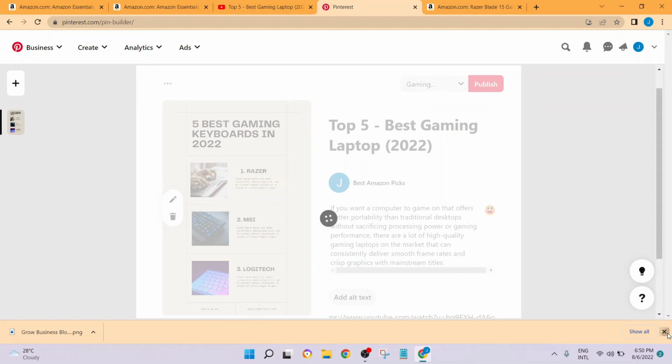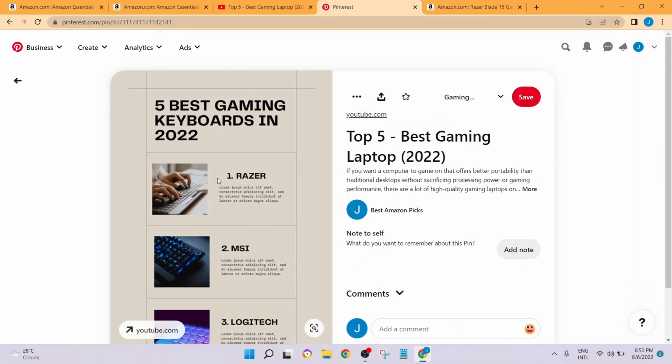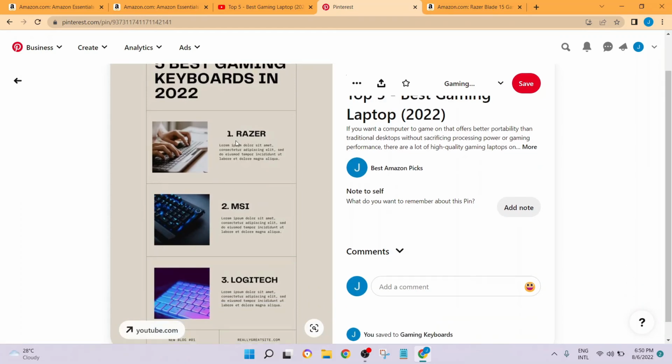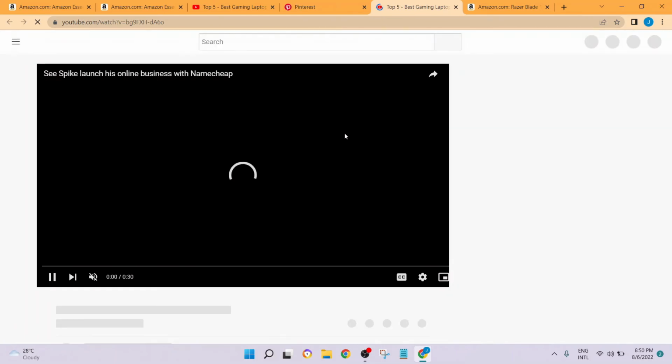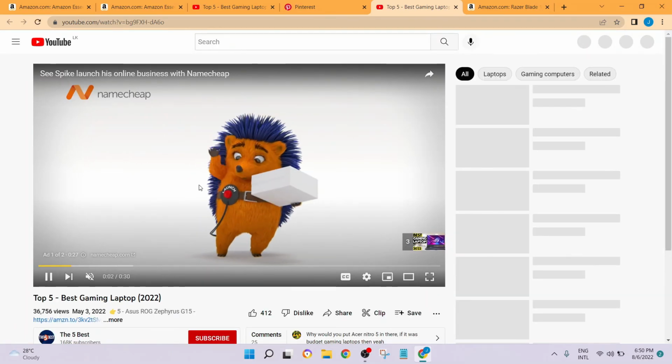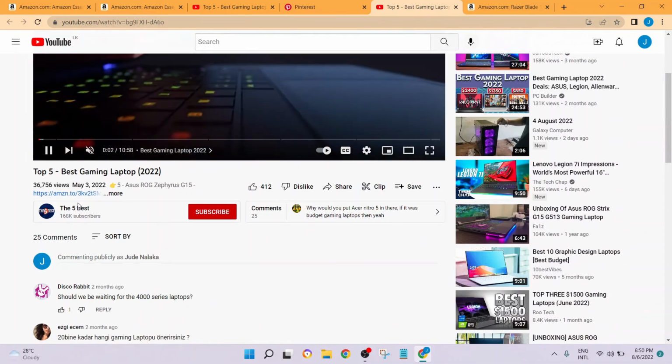After it gets published, okay, now you can see the pin that you have created. Okay, there is your pin. So imagine I'm a user. If I see this pin and I want to know more about these products, I'm going to click over here. Then I'm going to be directed to the YouTube page. Then after that, I'm going to watch this video, and if I'm satisfied, then